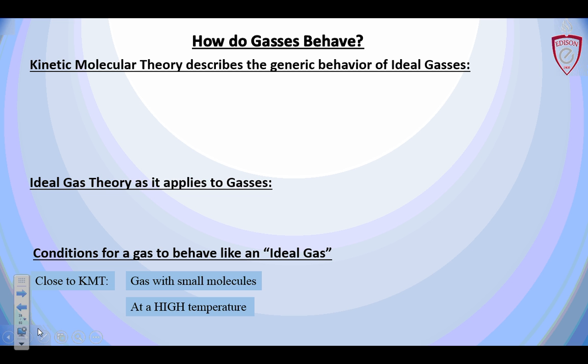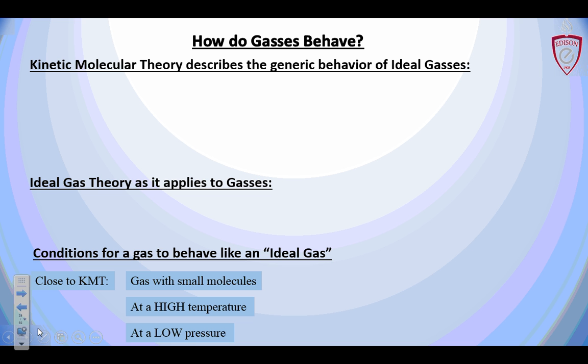Well, and think about it too. If I'm moving fast, you're not going to get stuck to anybody or any walls of containers. And I'm not next to my neighbor long enough to even feel them. And low pressure, which helps these molecules of gas spread out more. The farther apart I am, the less likely you are to, 1, bump into a neighbor. 2, if you do, they're not going to stick because you're moving very fast. And 3, you're really small. So these are the conditions of a gas behaving most like an ideal gas.